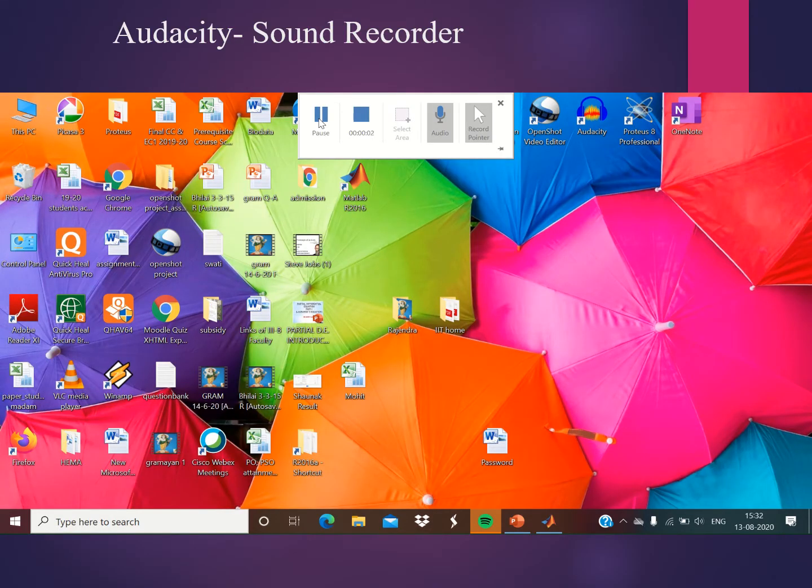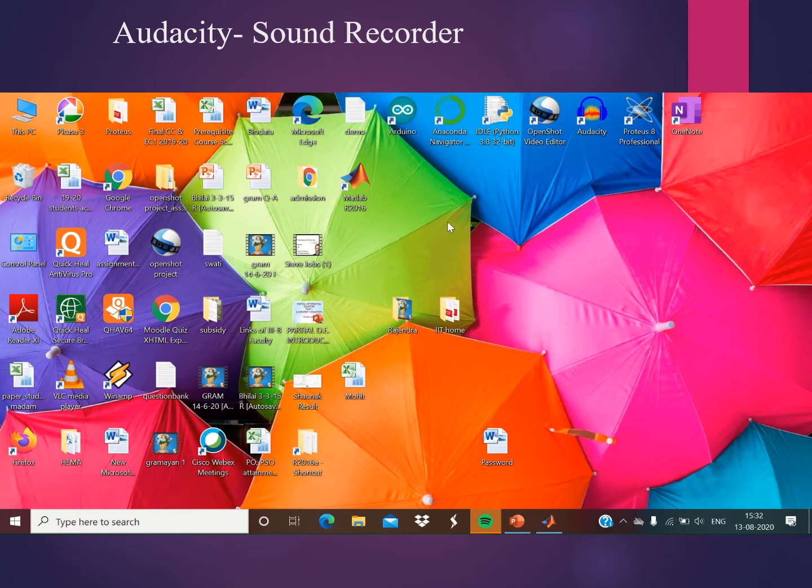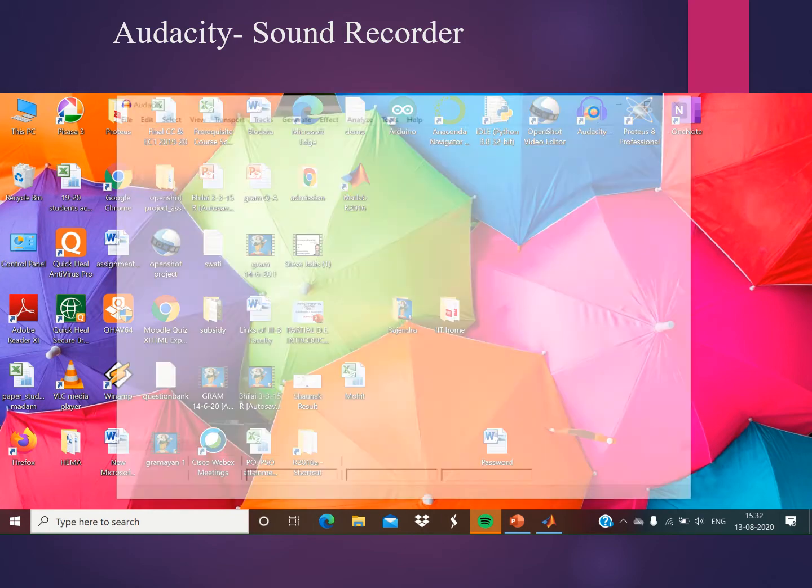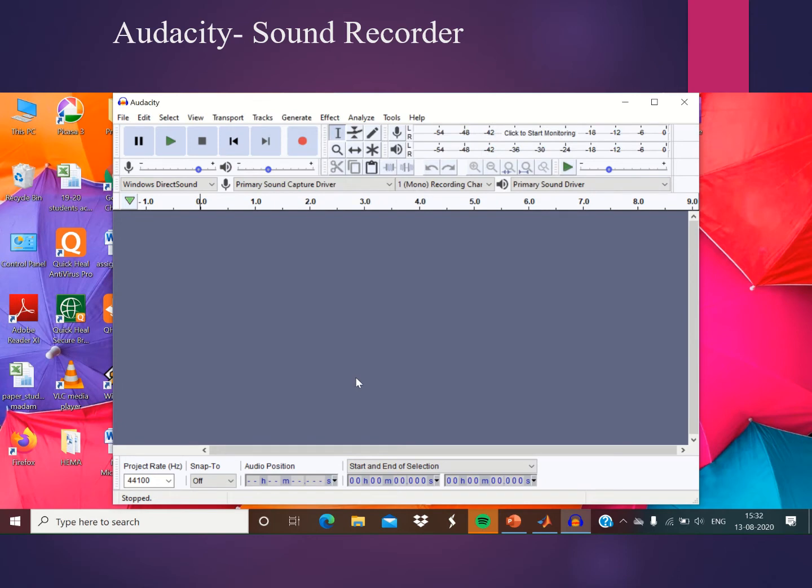Now we are going to see how the Audacity sound recorder software is used to create the .wav file. Are you getting this? So Audacity is the sound recorder software which is the open source software. You can simply type in Google and you can get the free download of this Audacity. So now click here, Audacity. Then for giving the audio input, connect the condenser mic. If you have condenser mic, you can use it, or otherwise you can simply use the earphones.